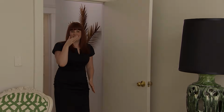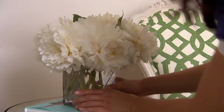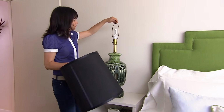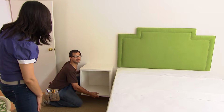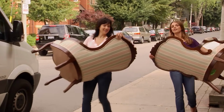Oh my God. Like many first-time homeowners, decorating was not a priority for Tiffany, so her bedroom was a mishmash of hand-me-downs. We've turned Tiffany's room into a relaxing and eco-friendly retreat. By recycling some older pieces, we've created an eclectic look that contrasts modern and vintage. We flanked the bed with clean-lined side tables, updated lamps by recovering their shades in silk, and recovered these second-hand